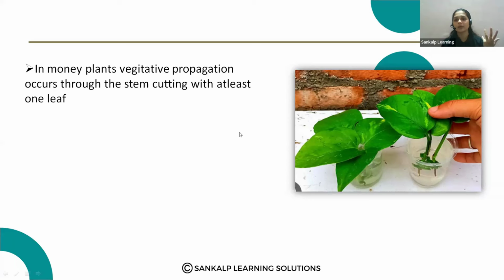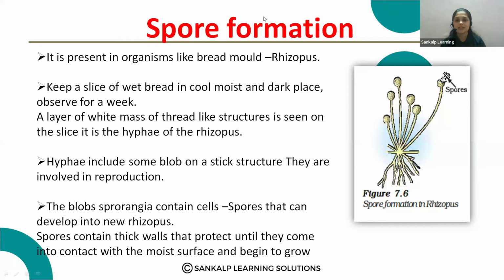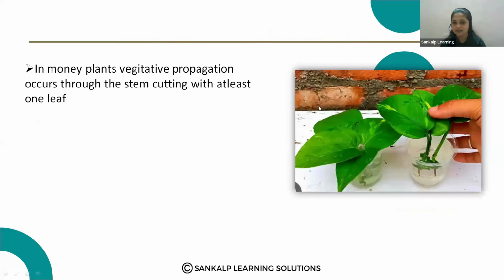Just talk to your parents. They know many plants. Okay, so the last type of reproduction is spore formation. Ma'am, in bryophyllum, does budding occur when the leaf is removed from the plant? Yeah, when the leaf is removed, when it falls, commonly it forms a new plant. Okay, commonly that is propagation through the